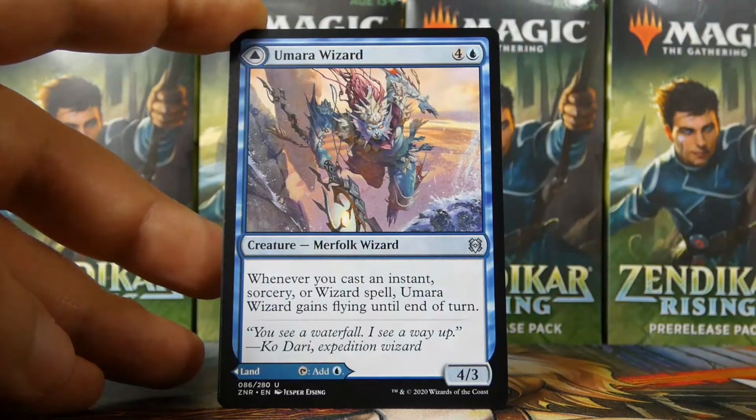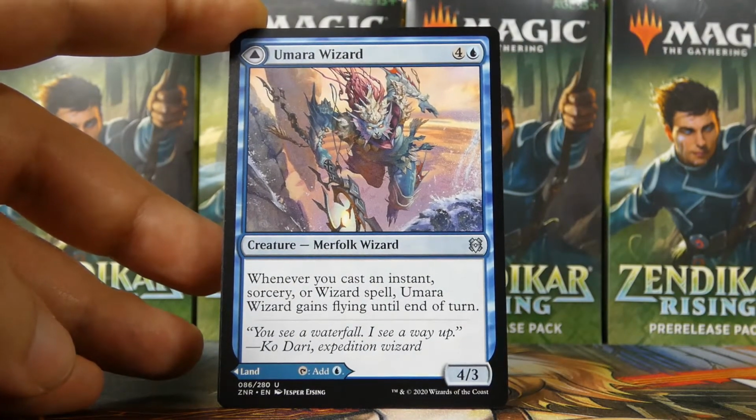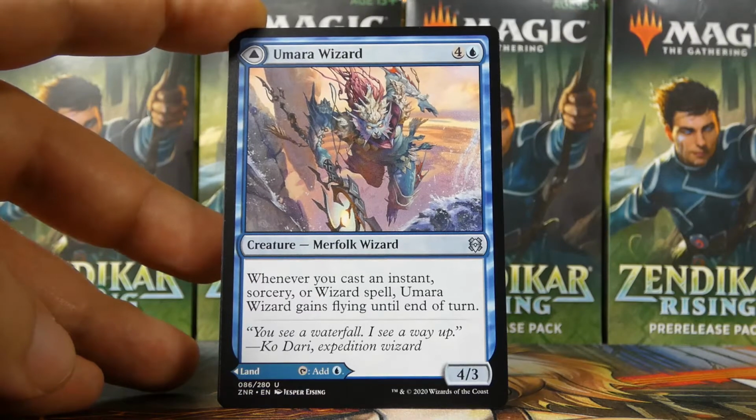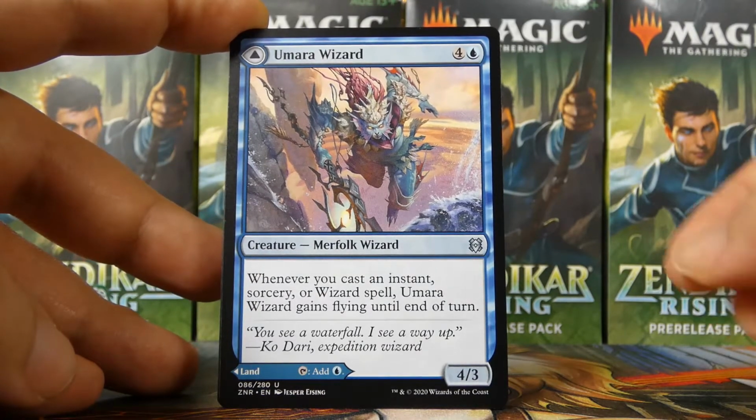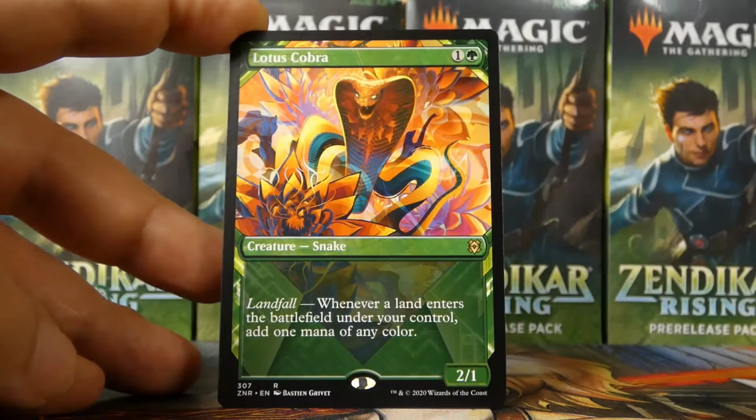And an Humara Wizard. Obviously, this doesn't really go into a kicker deck, but it's still another good blue flip card. So, yeah, no complaints there. And so our next rare or mythic is...